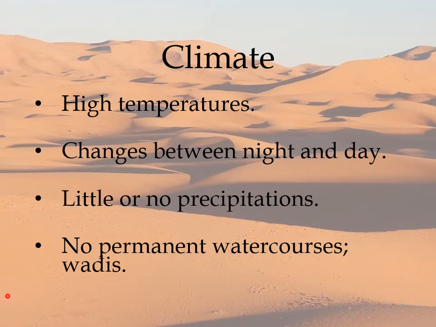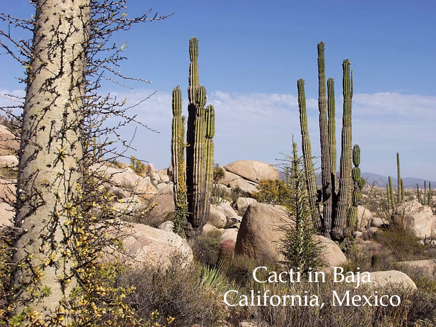As it doesn't rain, they cannot have a river. If there was a river, there wouldn't be a desert. There would be an oasis or something. They have wadis, which are the course of a dry river that only fills when it rains. The vegetation is very scarce and is adapted to the conditions. For example, the cacti, plural of cactus, in Baja California, in Mexico,